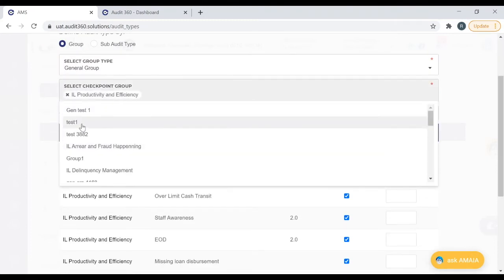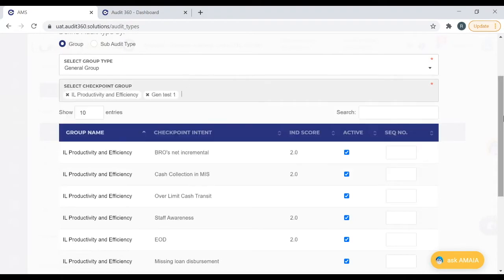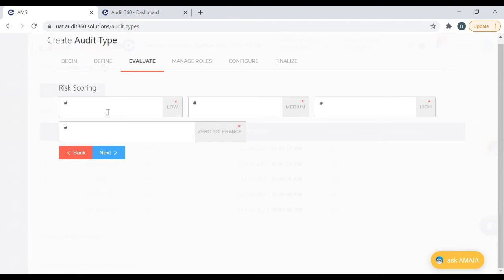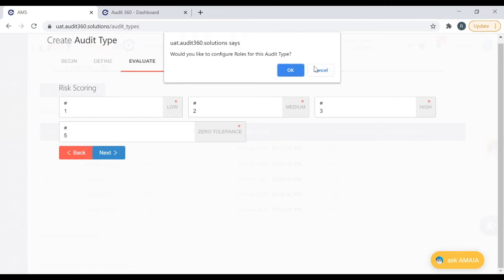I'm adding one more group. Giving a risk scoring here. So this portion is also, there is no change.